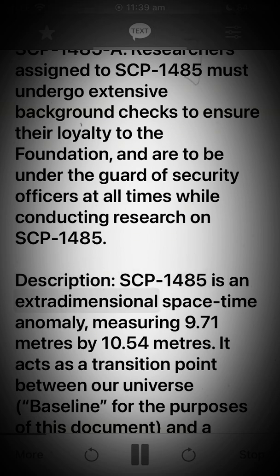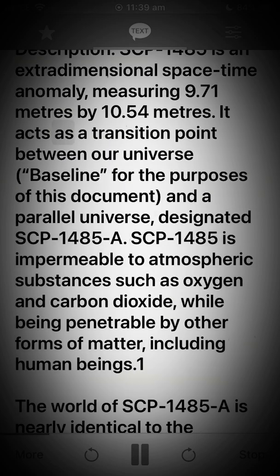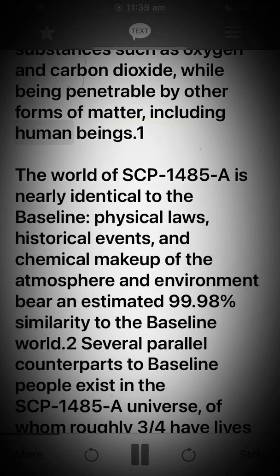Description: SCP-1485 is an extra-dimensional space-time anomaly, measuring 9.71 meters by 10.54 meters. It acts as a transition point between our universe, baseline for the purposes of this document, and a parallel universe, designated SCP-1485-A. SCP-1485 is impermeable to atmospheric substances such as oxygen and carbon dioxide, while being penetrable by other forms of matter, including human beings.[1]